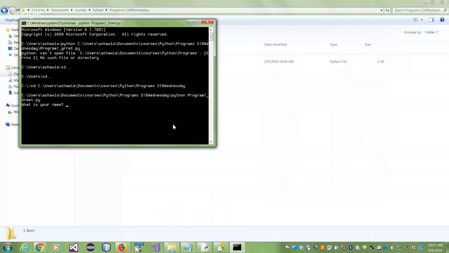There. What is your name? What's your age? There. Okay, so try it this way, though I don't know, it doesn't make sense. So I came to the command prompt and I did a CD. CD stands for change directory. After change directory, I did a right click and I pasted the name of the directory where I wanted to go, where my programs are residing. Users, HR, documents, courses, this.